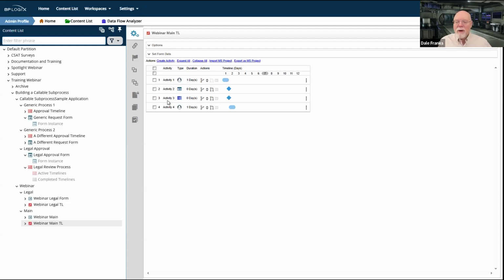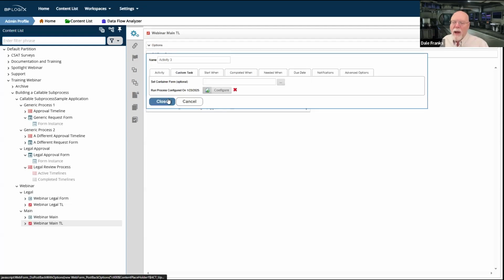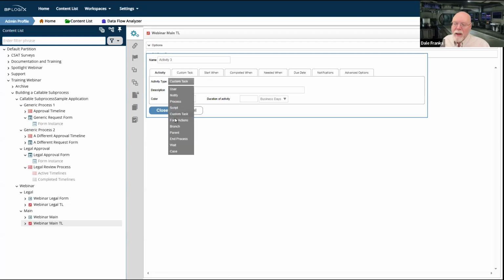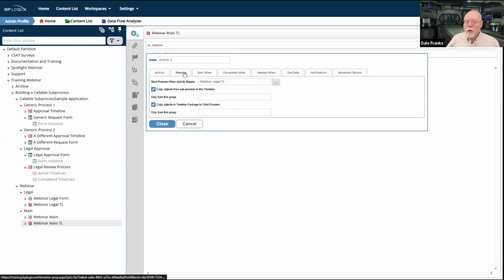If the answer to, does the approval in the sub process matter, is yes in any way, and especially if the answer is, if they don't approve, does that affect my main process? Then you cannot run it asynchronously. You would have to run it synchronously, because you can't really continue with your main process until that sub process completes. So in this case, and probably in most, although not all cases, you really do want to run the process timeline activity and pause your process.